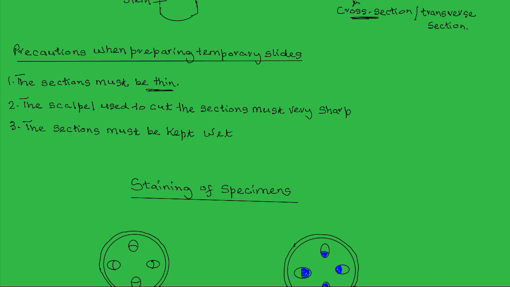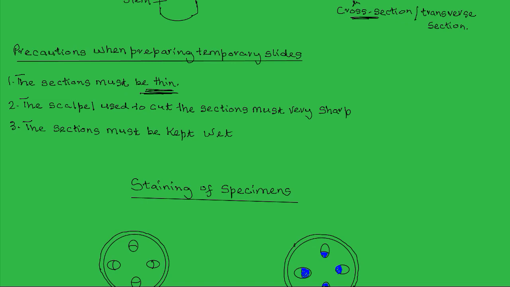magnification. Remember, in a light microscope, the image of the specimen being observed is made when light rays pass through the specimen. So it is very important that the specimen be as thin as possible to allow the light rays to pass